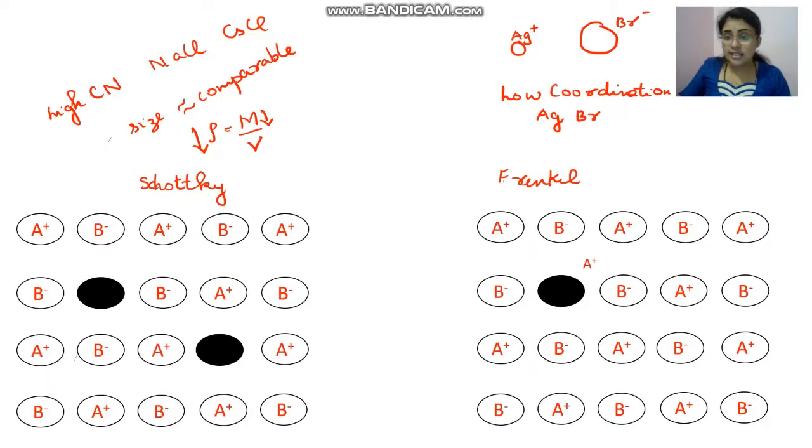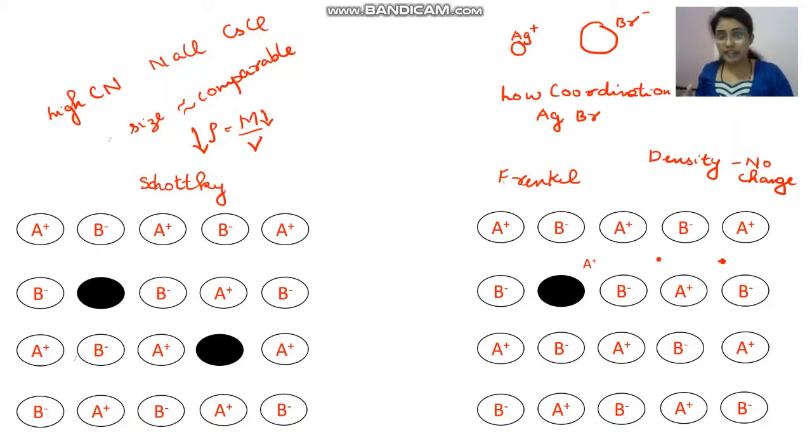And what are these interstitial sites? Those are the vacant spaces we have in between the cations and anions, and the cation can move to these interstitial sites. The cation should be small in size to move towards them. In this one, there is no change in density, because mass is not changing. Nothing is moving out of the system. All the positive and negative ions are already in the system.